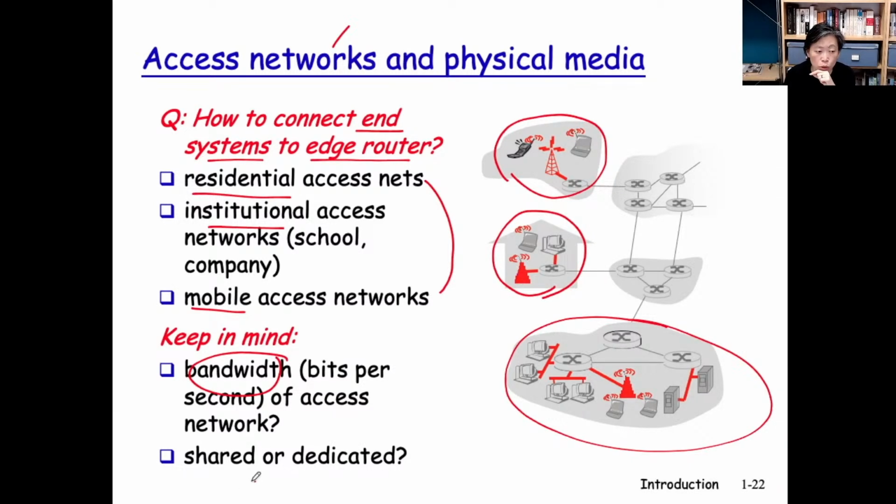Pay attention also to how the access net is being used among the users. Some access nets give you this amount of bandwidth, but all the users accessing the network will share the bandwidth. So if there are more users, each one gets a smaller cut. But some technologies actually offer big bandwidth, and that access net will allocate a specific amount to each of the users. So each of the users will be guaranteed a specific amount, which is dedicated. And if there are more users, none of the existing users will suffer.